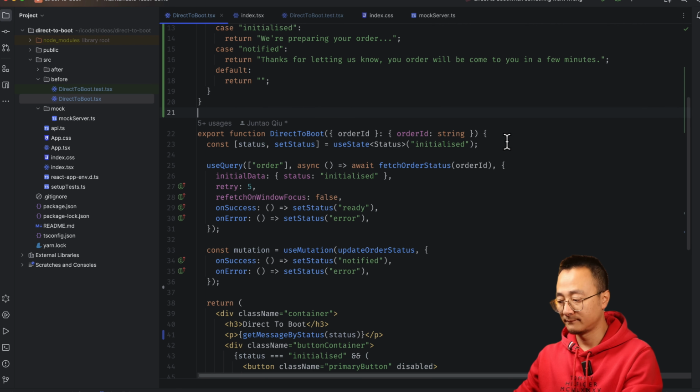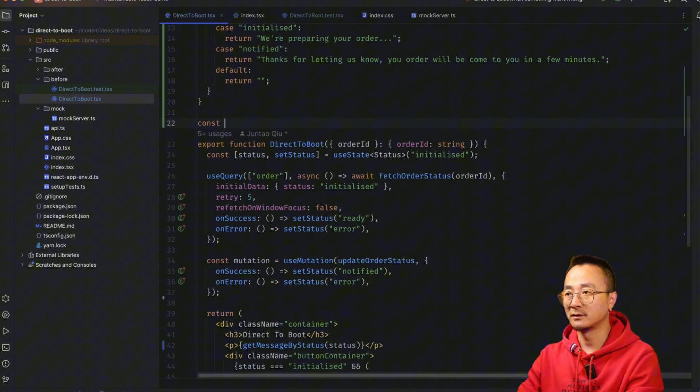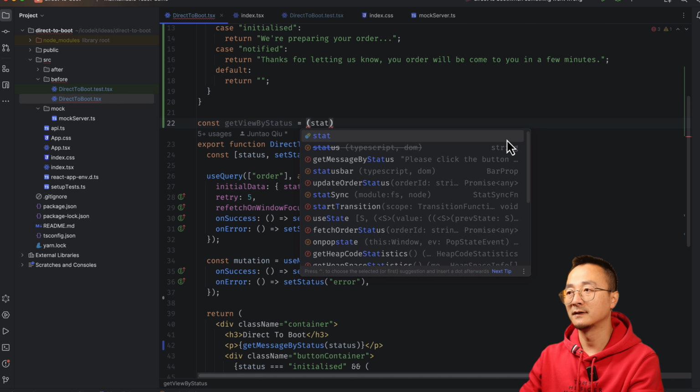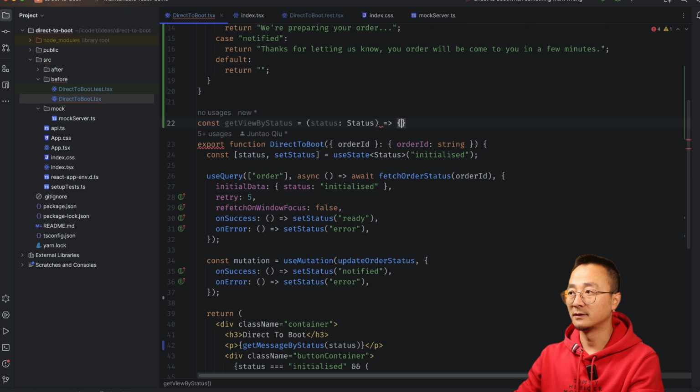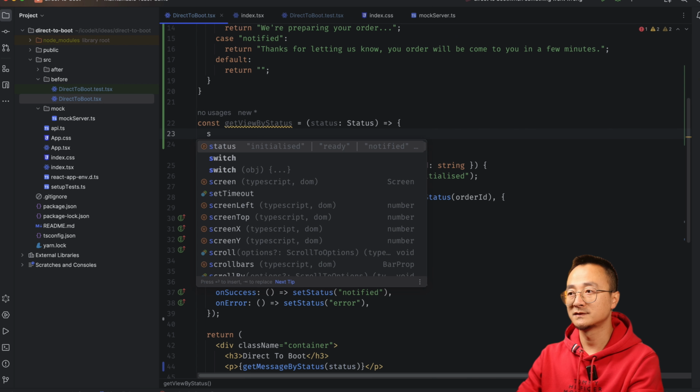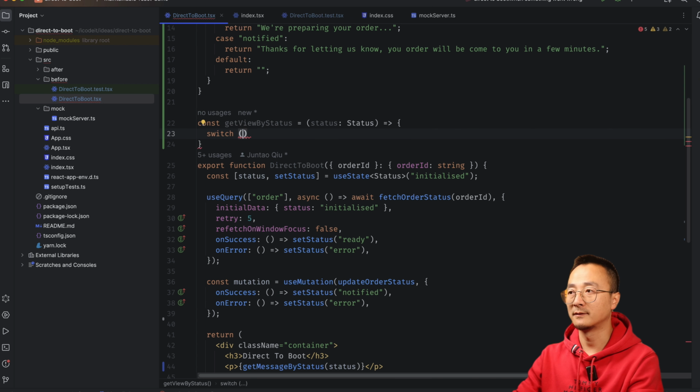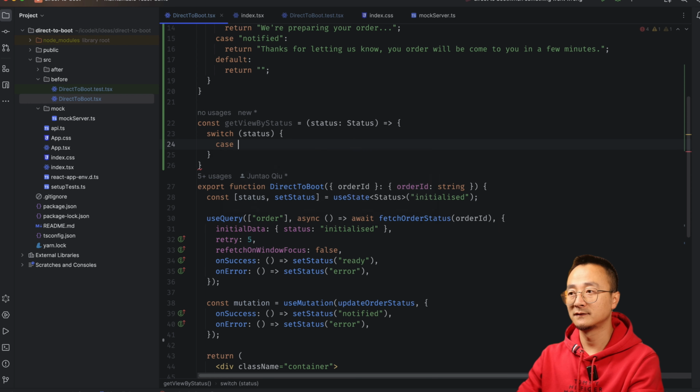That will be a normal move. Let's say getViewByStatus takes the status as input, which is a status type, and it will switch on the status, and based on the case, it will